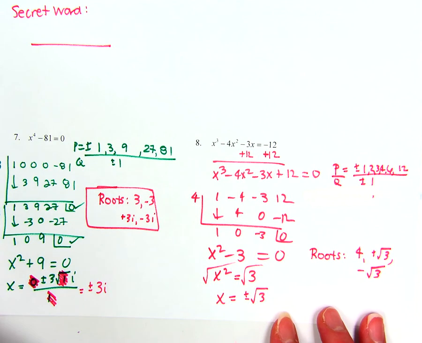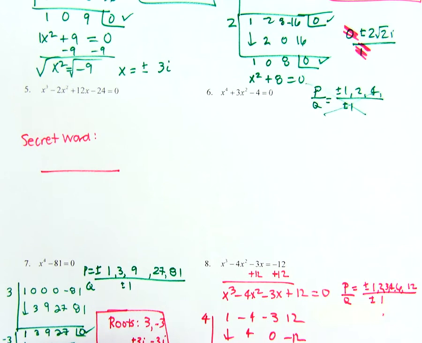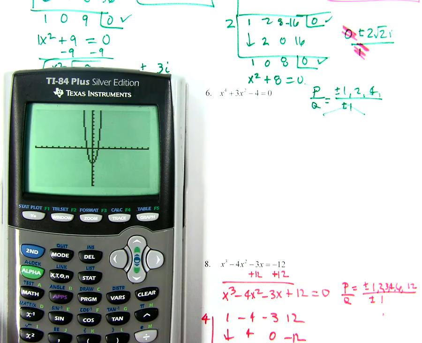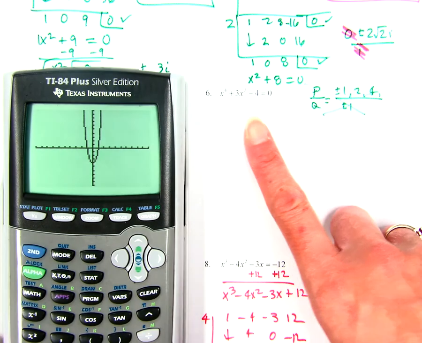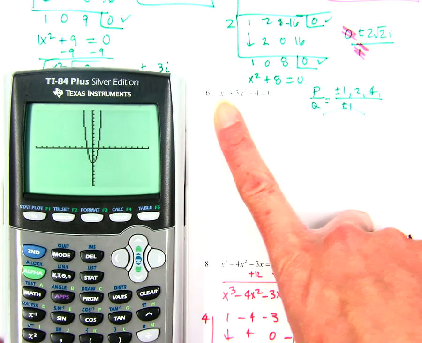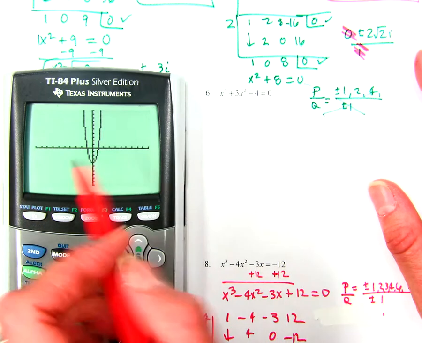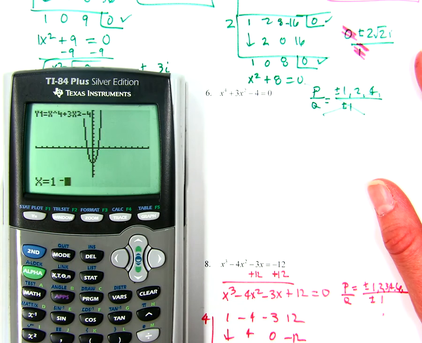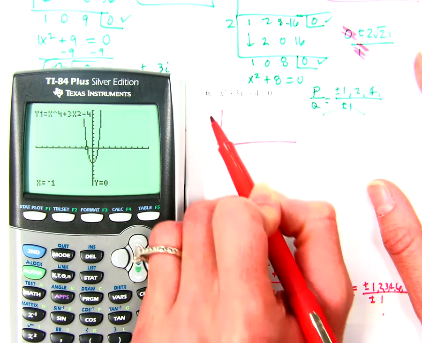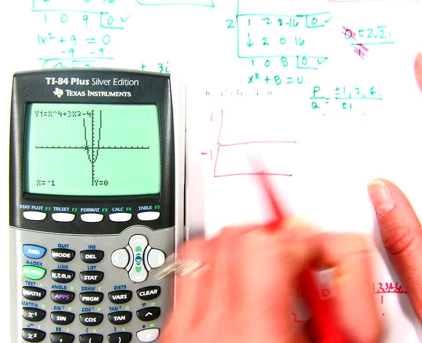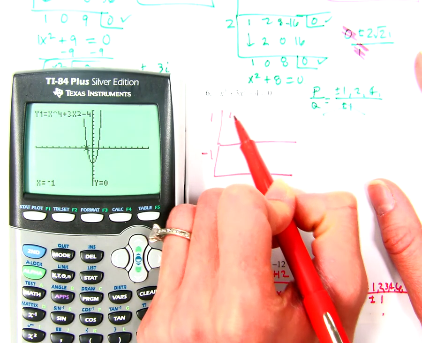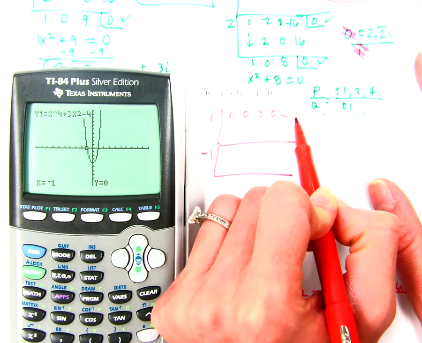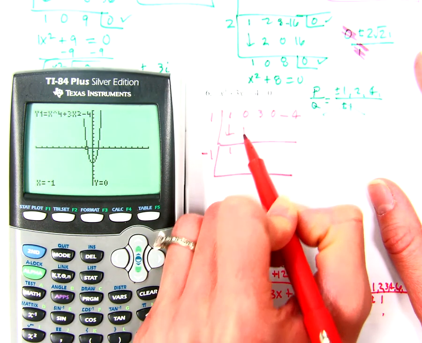All right, so let's go back to problem 6. I think I figured out, I think I typed it in incorrectly. So here's the graph. I must have typed in x cubed instead of x to the fourth. So I need to find 2 solutions, which are 1 and negative 1. Okay, and it doesn't matter which one you do first in your synthetic division. So we have 1, 0, 3, 0, and negative 4. And if you do your synthetic division,